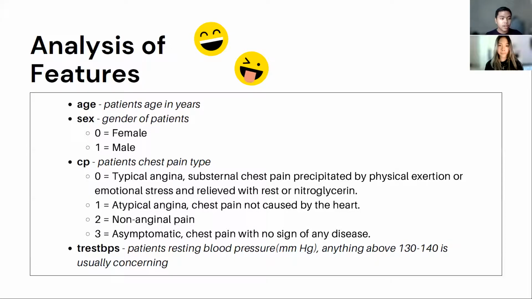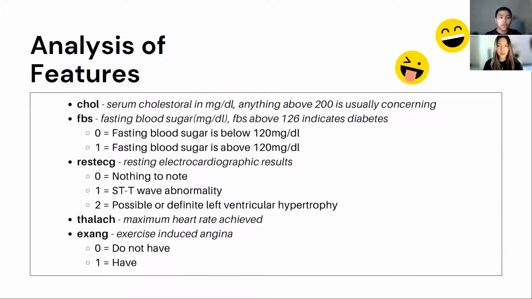Now we will analyze the features of our dataset. We have age, which is the patient's age in years. We have sex, the gender of our patients. We have CP, the patient's chest pain type. We have trestbps, the patient's resting blood pressure. And next slide. We have chol, which is the serum